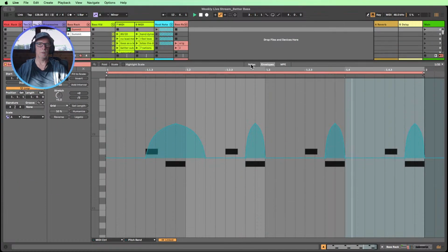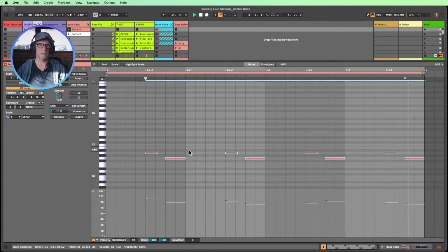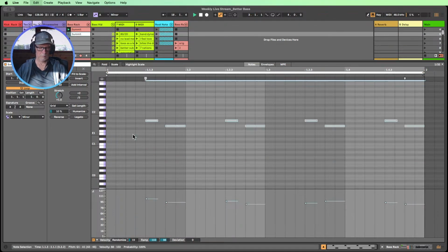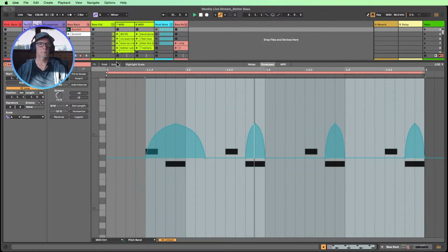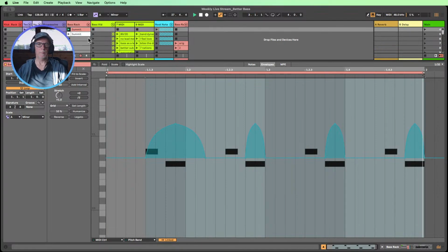Try bringing these notes down a little bit in pitch, all the notes. So I've still got my bends. So once again, very revealing, very much like the Marauder bass. This one, boring. This one, more vibey.